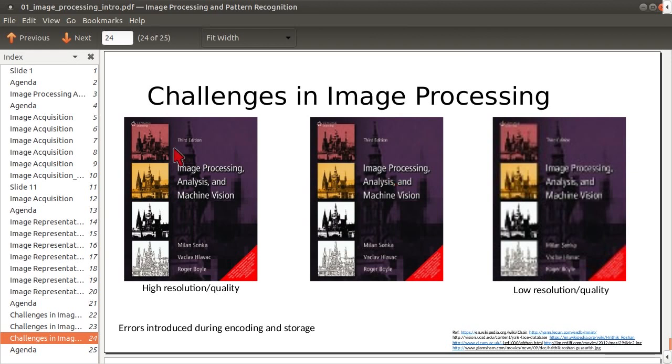So for instance, if you are watching a video and this is a picture that has been broadcast, so this part of the image, even if you lose details in this part of the image, it is all right, but you cannot lose details in this part of the image, because if you lose details in this part, or if you compress this part very aggressively, then human beings can no longer perceive what is the content in this region, but in this region it is okay.